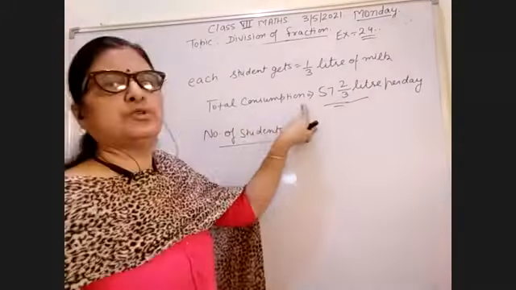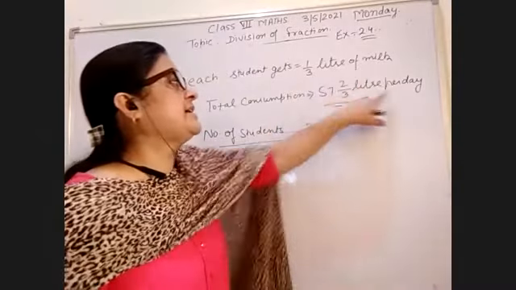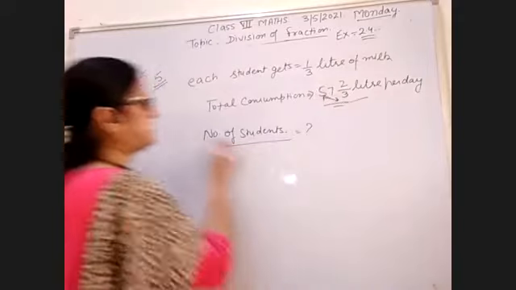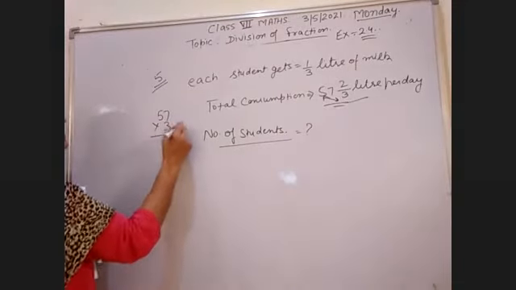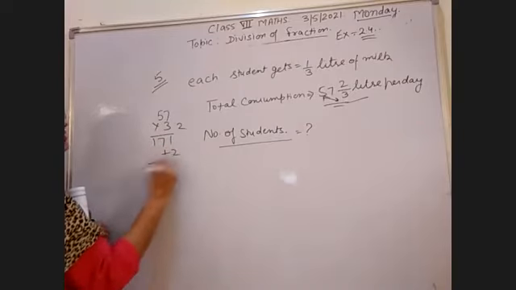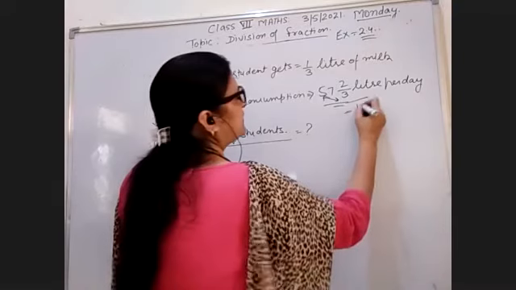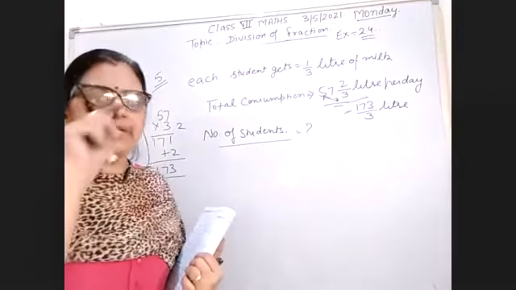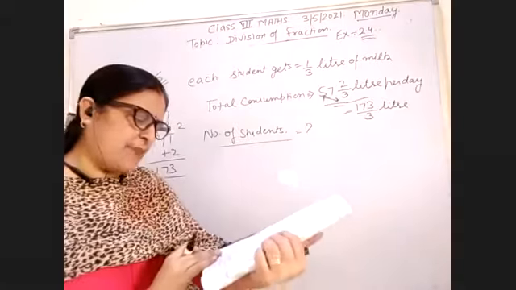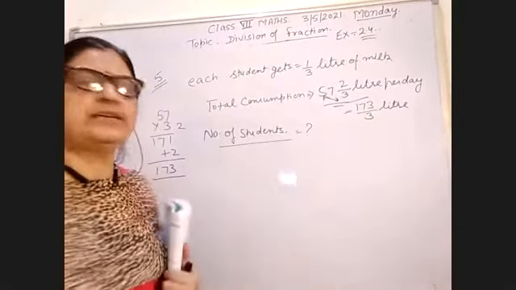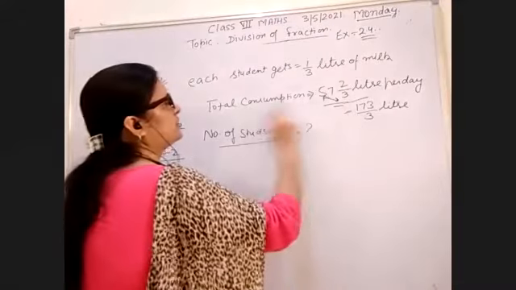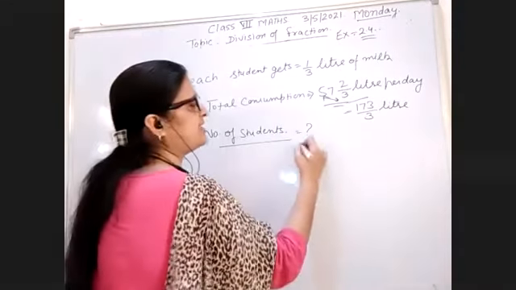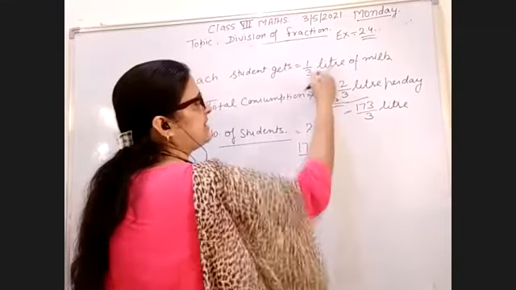तो टोटल कंजम्पशन, टोटल दूध की जो कंजम्पशन है वो हॉस्टल में एक दिन में 57 2/3 लीटर है. यू कन्वर्ट इट इनटू द इम्प्रॉपर फ्रैक्शन. 57 multiplied by 3, you will get 171, and add 2 into it, you will get 173. 173/3 लीटर पर डे जो दूध आता है मेस में वो है 173/3 लीटर आता है. आपको नंबर ऑफ स्टूडेंट्स कितने हैं हॉस्टल में, ये आपको फाइंड करना है। नाउ यू हैव टू डिवाइड टोटल कंजम्पशन बाय ईच स्टूडेंट। ईच स्टूडेंट को कितना कंज्यूम होता है दूध, उससे आप डिवाइड कर देंगे।